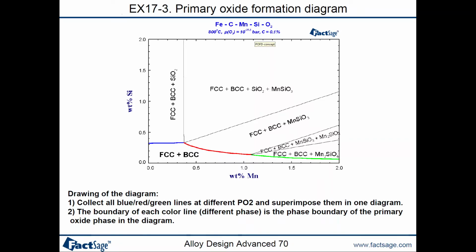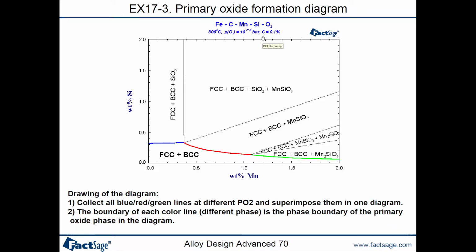Therefore, if we know the annealing temperature and the dew point, then we can predict what will be the primary oxide phase formed at the surface of the steel during annealing. Thus, this gives us a map of what kind of phases to expect if we have a specific alloy composition